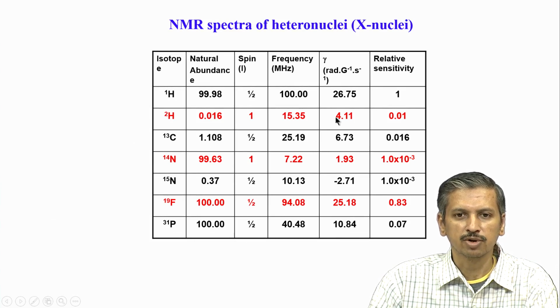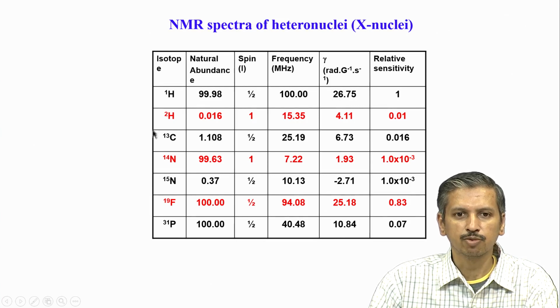This is another parameter you have to look at. The gyromagnetic ratio of carbon 13 is about 4 times less compared to proton, and the second factor, the natural abundance, is about 100 times less compared to proton. So you see about 400 times less, and the square of that comes out to be about 1.6%. So the relative sensitivity of carbon is very low, mainly because of these two factors, the gyromagnetic ratio being small compared to proton and the natural abundance.